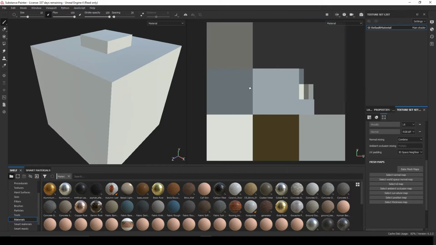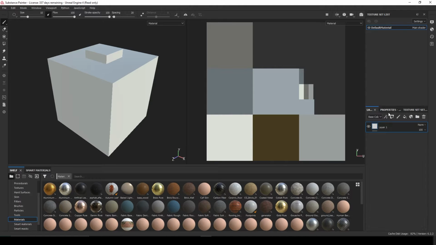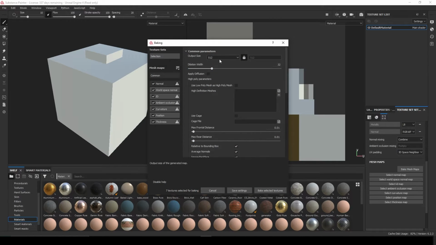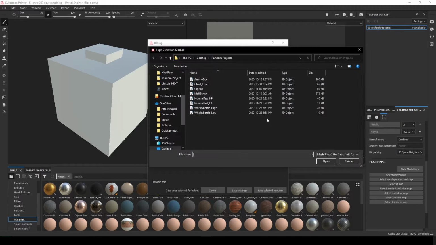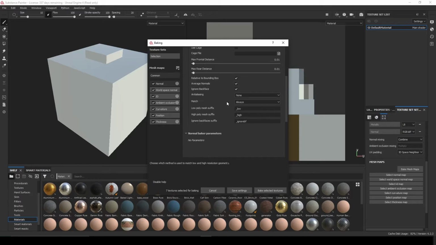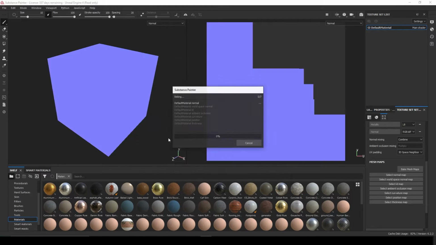So just press F here to get it all in the scene, and you can see I got my UV here, my 3D object here, and usually you'll see layers here, but if you just hit texture set settings and bake mesh maps is where you're going to be baking. So make sure your output size is set to the same as your UV map size, and it says high definition meshes right here. Hit this little piece of paper and click your high poly mesh. So we're going to be worrying about this stuff a little bit later, but if we just bake this now,